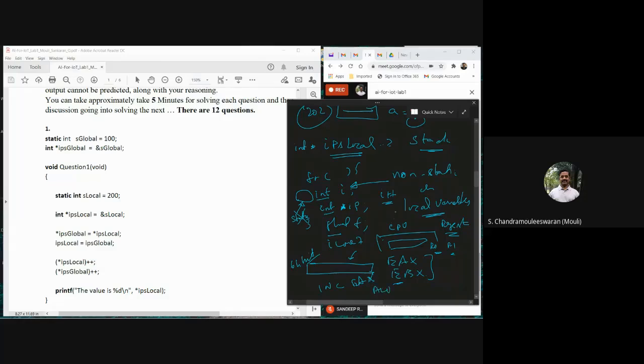For that, the variable I should come to the register and then get incremented. Suppose this is the EAX register. EAX means this is 32-bit, this is 32-bit, the lower 32-bit.